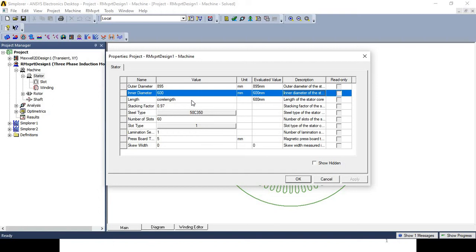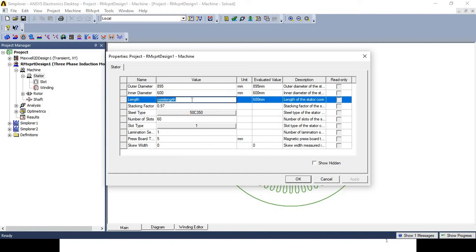Then the length of the stator core. This core length we had selected equal to 680 mm. Then stacking factor, the stacking factor of the stator core. We had selected 0.97.